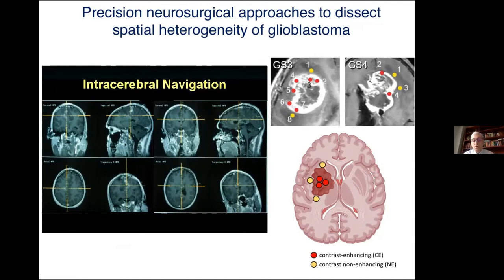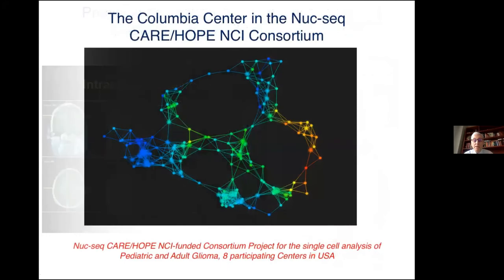So this type of biopsy can be extremely informative, especially if combined with single cell sequencing of each of these biopsies. And here you see some of the analysis that can illuminate our understanding of GBM biology when analyzed by single cell sequencing. This is a topology data analysis, a computational technology developed by our group, where, just to give you an idea of the complexity of GBM, a GBM that is classified as proneural,